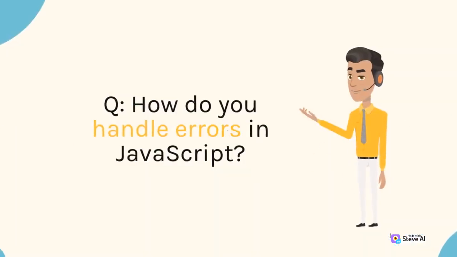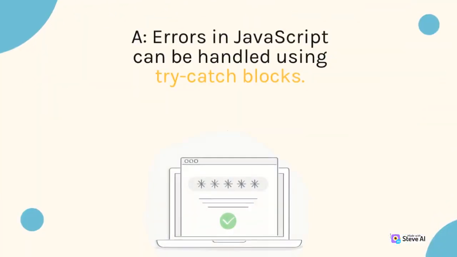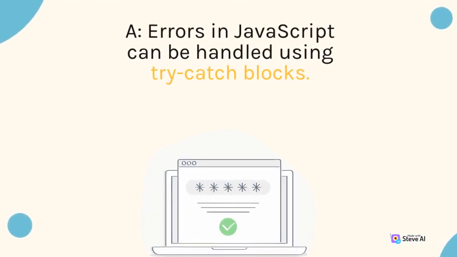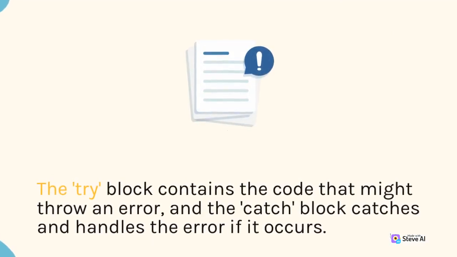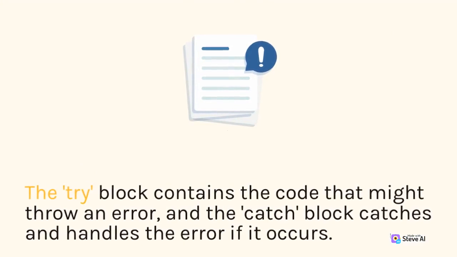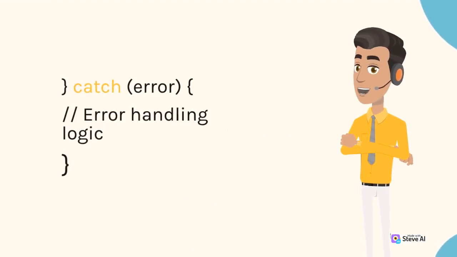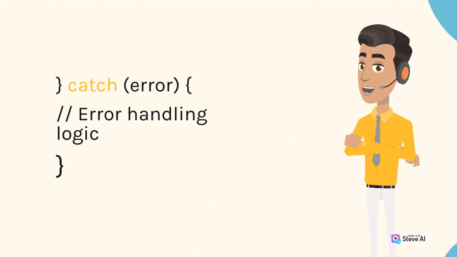Q. How do you handle errors in JavaScript? A. Errors in JavaScript can be handled using try-catch blocks. The try block contains the code that might throw an error, and the catch block catches and handles the error if it occurs. For example, try { // code that might throw an error } catch (error) { // error handling logic }